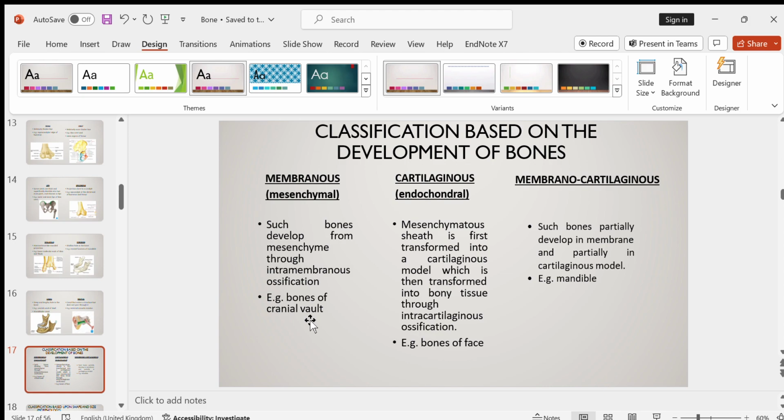Examples are the bones of the cranial vault: the parietal bone, the temporal bone, the occipital bone. These are the bones of the vault and they have membranous ossification. Next is the cartilaginous